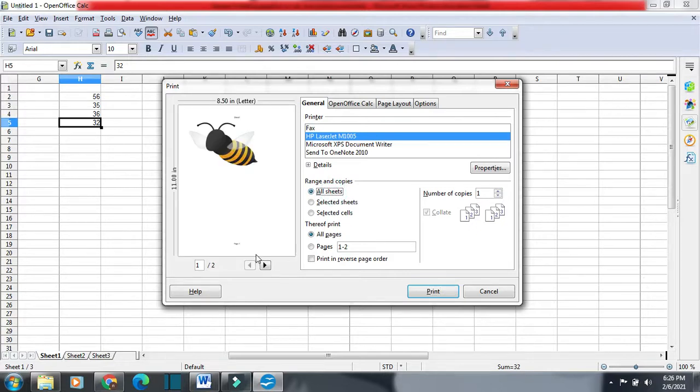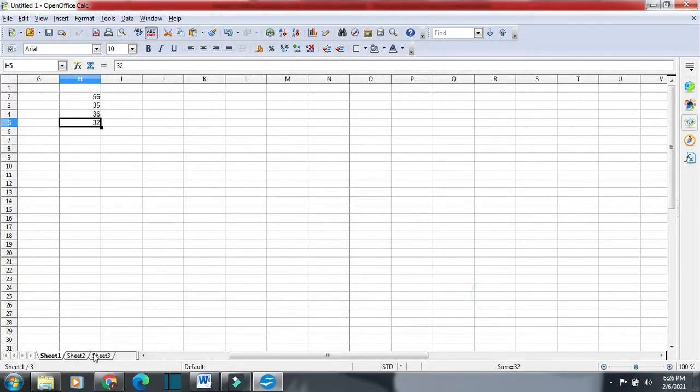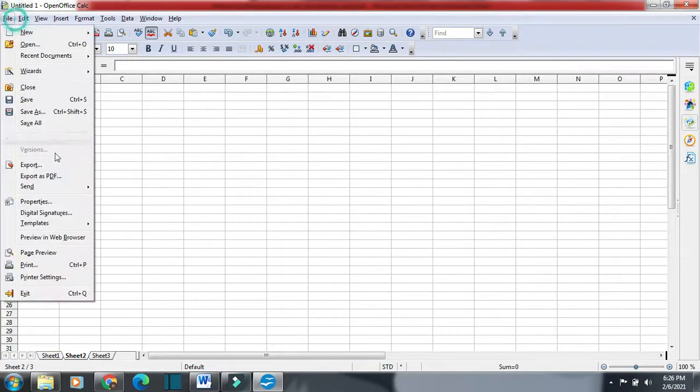Now you can see all of the sheets will be available. So we have this sheet with 2 pages and we don't have other sheets with any data, that is why it is showing only 2. But if you go for all sheets, even if you are in sheet number 2, it will show you the data of sheet number 1, because it lets you print the whole workbook.